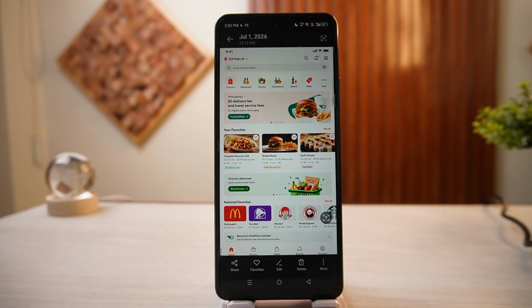How to see your DoorDash order history. To be able to see your order history on DoorDash, what you want to do is simply